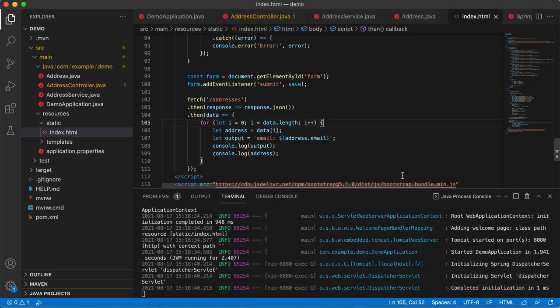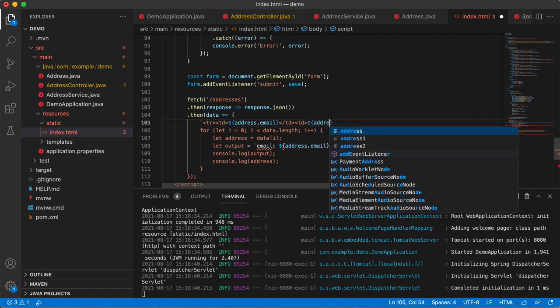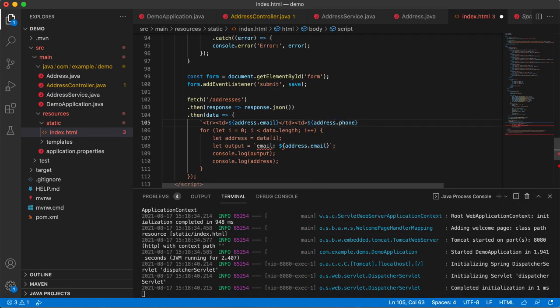Okay, so let's go ahead and make a template using something like this for our table. Now remember, let's just put it right here. A table starts with tr, right, and then it has a td, and then here we were going to put email. Oh, and I've got to make sure I put address.email, and then it had an end td, and then we had 3 columns, right? So then we're going to do another td, and we're going to do address.phone, and then end td,